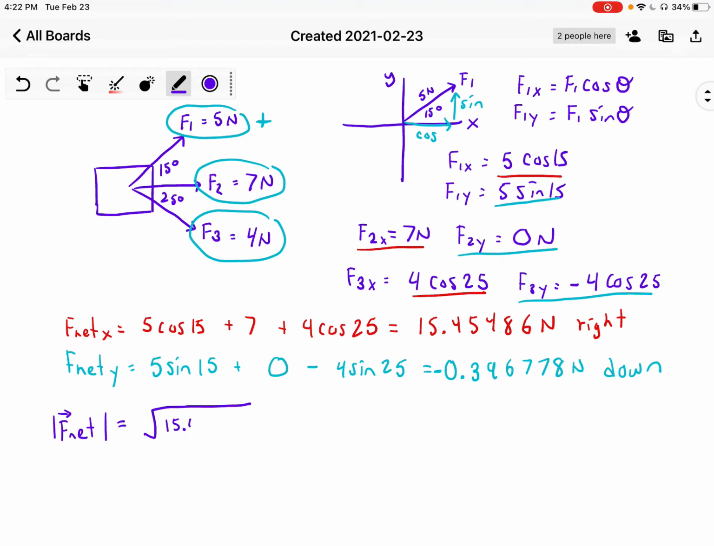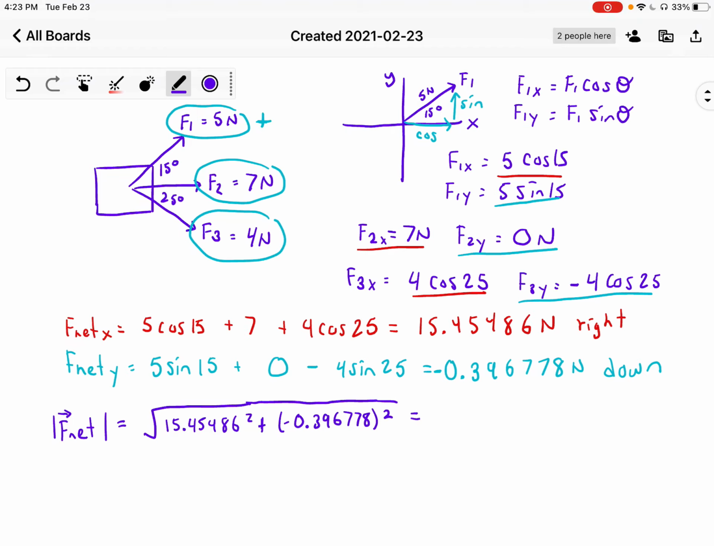So 15.45486 squared plus, and here's the point where on your calculator you need to make sure if you square the negative, you put it in brackets, because your calculator, or at least the TI calculators, don't square the negative when they should. And then going into my calculator, I'm going to grab this one and square it, making sure it's a positive answer, plus